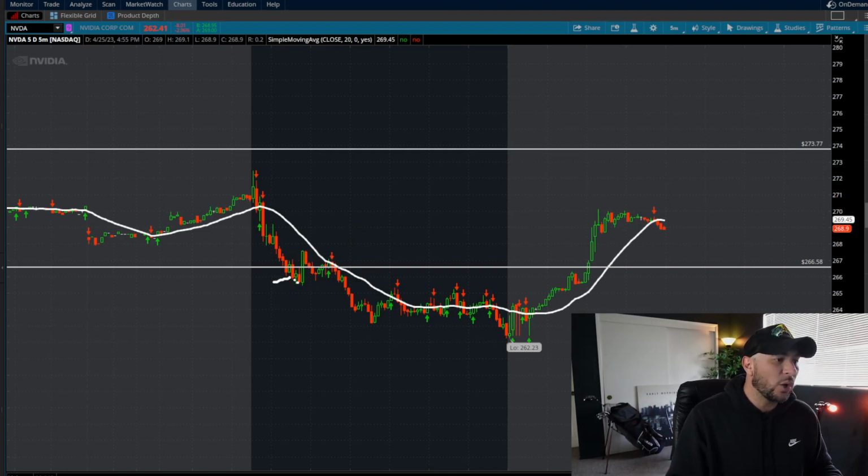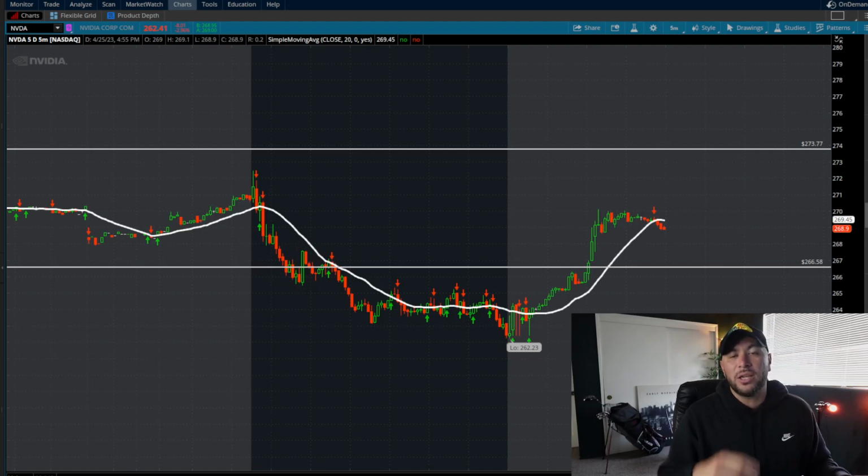So if we look at what happens here, we would have entered here. We would have had to sit through 15 minutes of drawdown. And then once we do get this rejection at the 20 period moving average, then we flush, guys. Then we flush, okay? If you guys want to know another strategy for scalpers, just using the 20 period moving average and how your entry would have been here, and you would have just looked for this move,